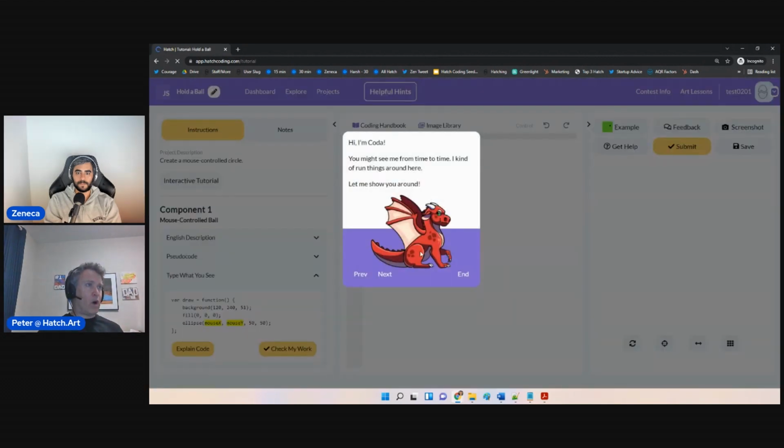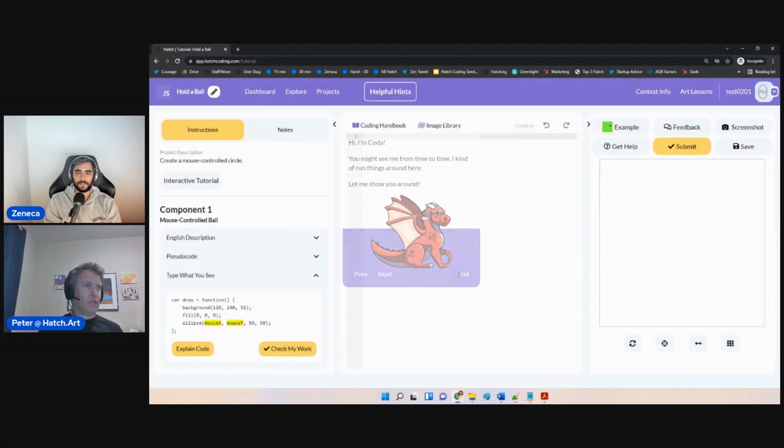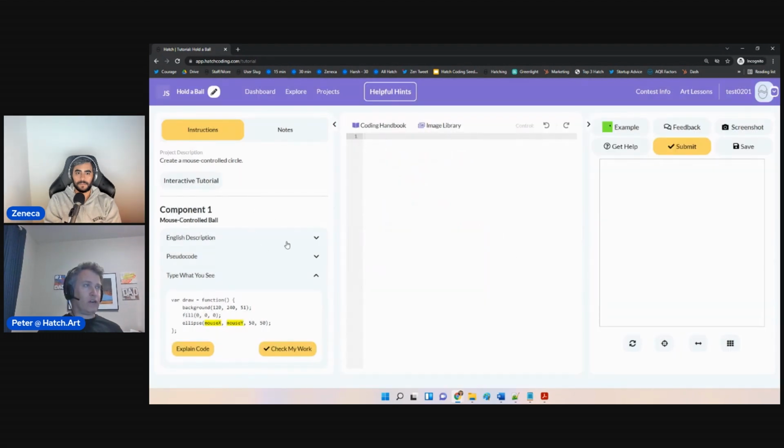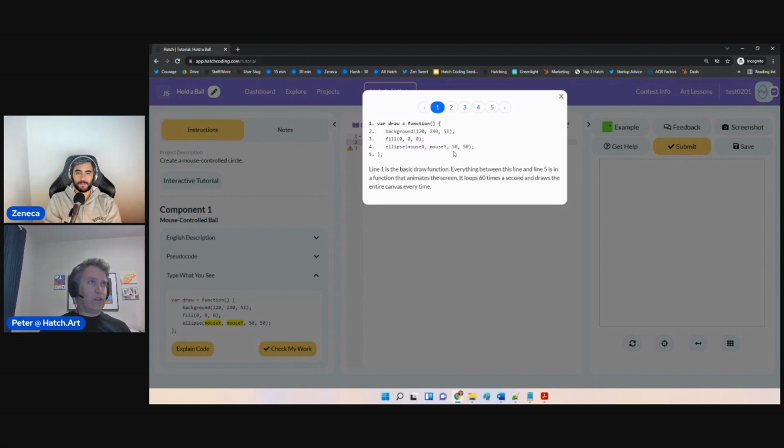We're going to get a walkthrough here. I'm just going to end this, but there's basically instructions over here. There's a coding window over here, and there's an end result over here. And the very first thing you need to do is just type what you see over here. So we're going to go through, and we're going to say draw equals function. And you don't have to know what all this stuff does. Or if you want to, you can click explain code, and it'll tell you line by line what every line